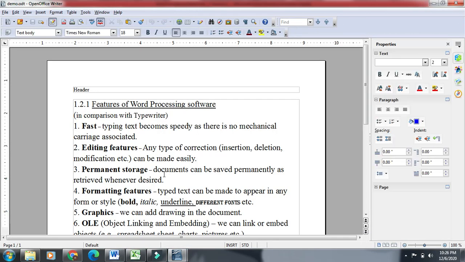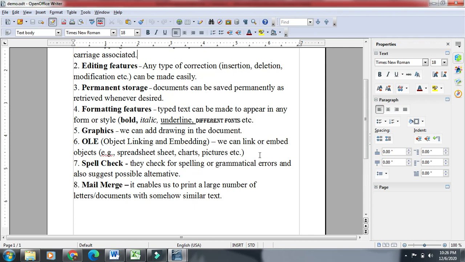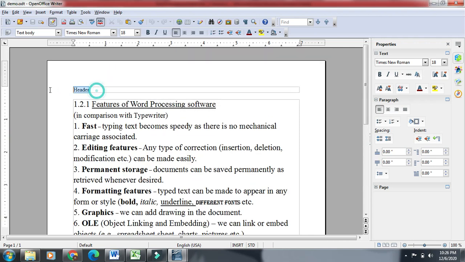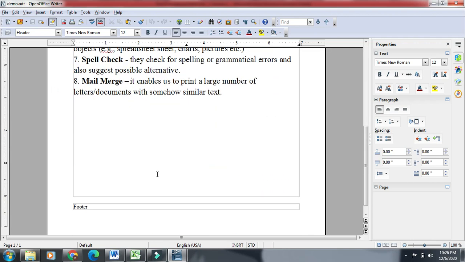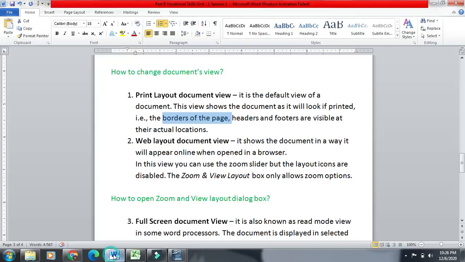Okay, so this is our view and you can see the headers here. Header is also available, footer is also available. So whatever way and at whatever place they will appear when they get printed is displayed when we go for the print layout view. So borders of the page, headers, footers are visible at their actual locations.